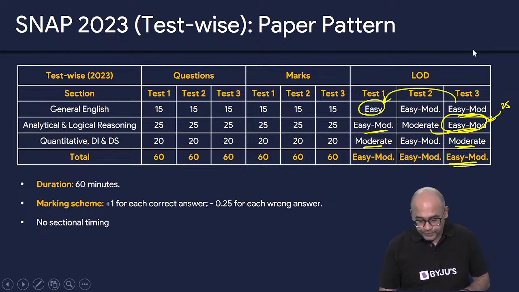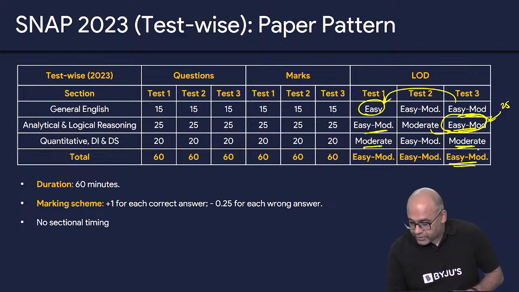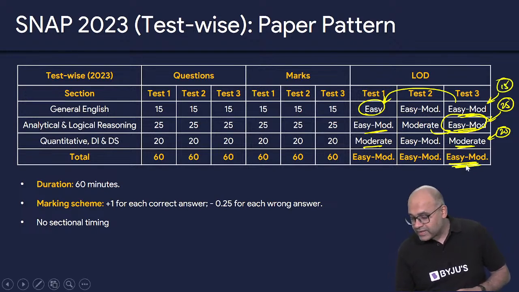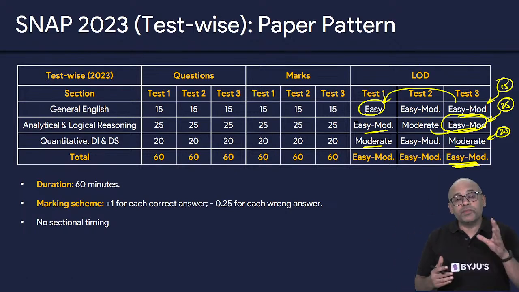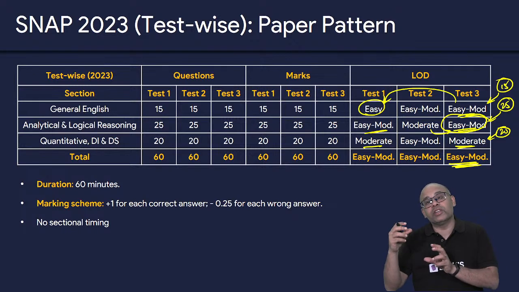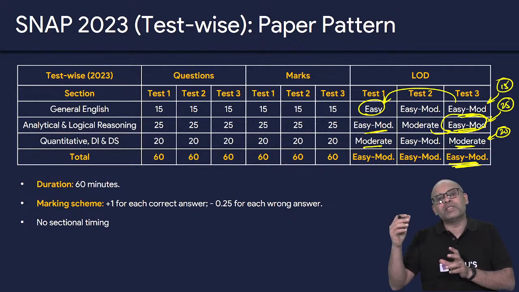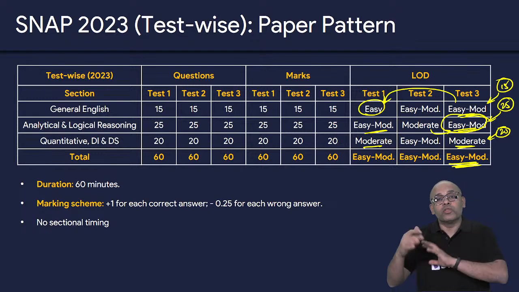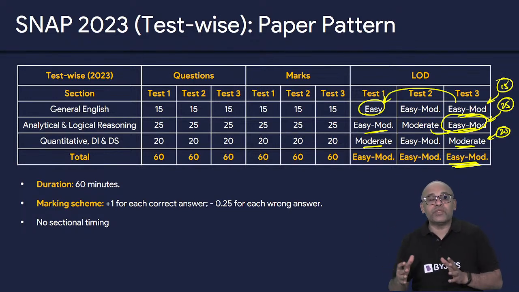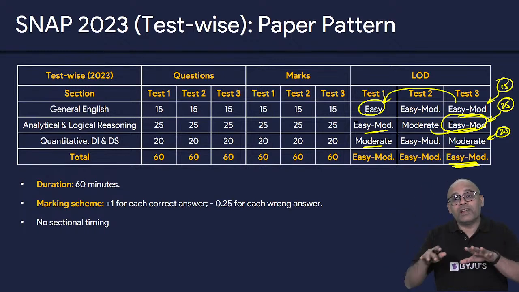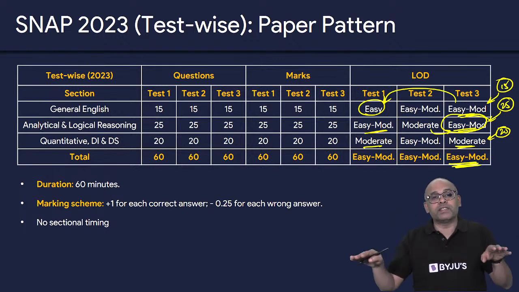All right. Thanks. So because this is 25 marks, and this is about 20 marks, and of course this is about 15 marks, I would say this is similar in terms of the final score that you can expect. Basically what has happened is one section turned out to be easy, and one section turned out to be slightly more difficult than the previous one. So more or less the paper is getting balanced out. That is the reason why I am saying that if you look at a like-to-like comparison, it is more or less at the same level.